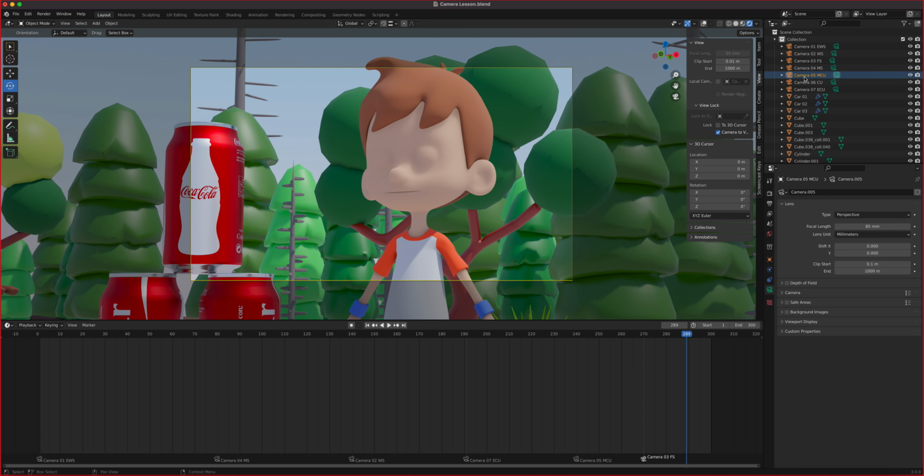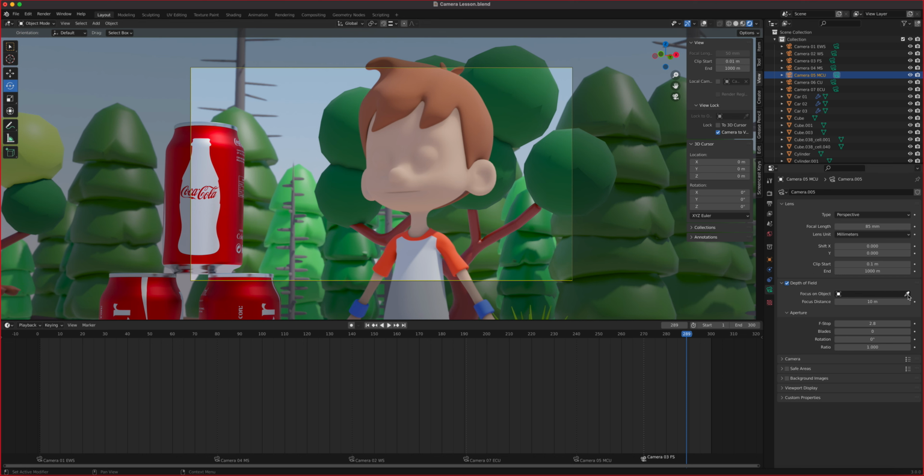Make sure the camera is selected. Make sure you're in object mode, right? So we go to our camera tab right here. We've got our perspective, focal length, right? And then there's this portion right here where it says depth of field, right? To turn on depth of field, you simply put a check mark and you tell which part you want to be sharp. So you can set distance if you know, because we can turn on distance right here,